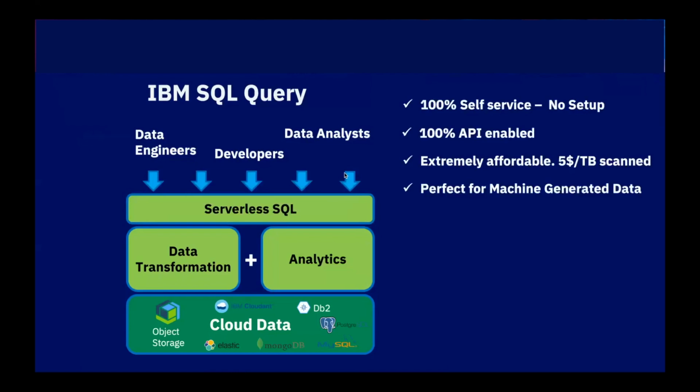It is very well suited for machine-generated data. What does it mean? Well, it means that machine-generated data is, first of all, very elastic. I mean, there can be a lot of data being produced. You cannot actually foresee and plan ahead necessarily how much of the data is coming in at what point of time. So this serverlessness accounts for that, to just grow and scale your query processing together with the data as it is coming in.